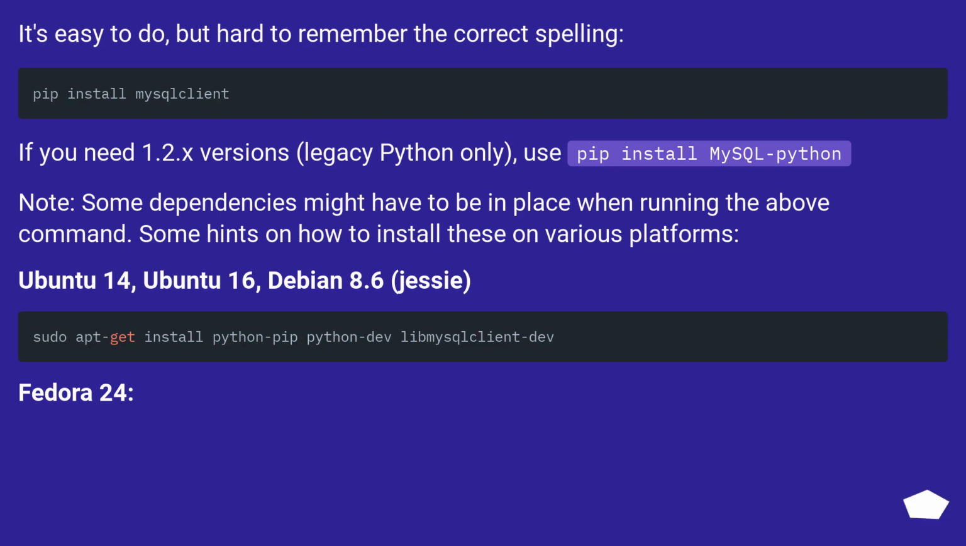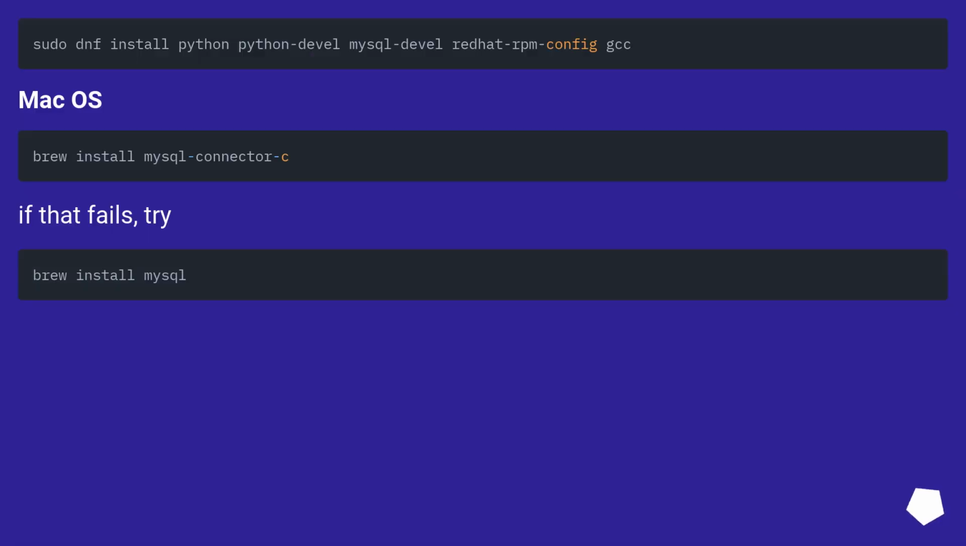Some hints on how to install these on various platforms: Ubuntu 14, Ubuntu 16, Debian 8.6 Jessie, Fedora 24, Mac OS. If that fails, try